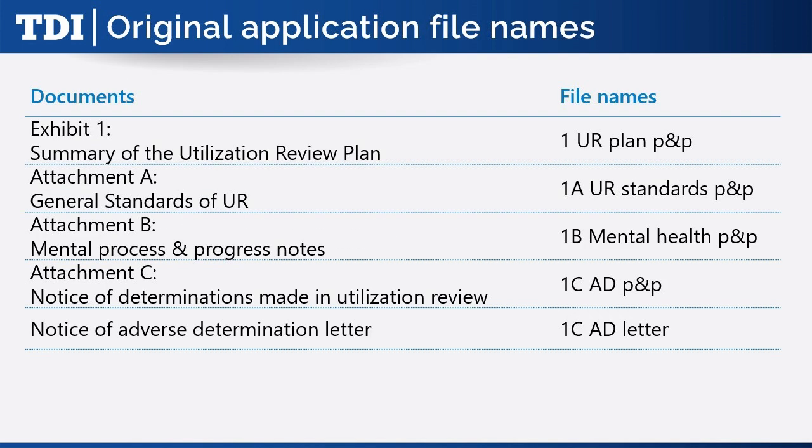Let's look at some examples of original application file naming conventions and discuss their importance. Keep in mind that the list you see here are some of the primary examples of what you should use, but the full list and more information can be found at our webpage link that is listed at the end of this webinar. When you are creating your original application files, remember that it is important to save each designated file separately and name that file as listed under the naming convention for that file.